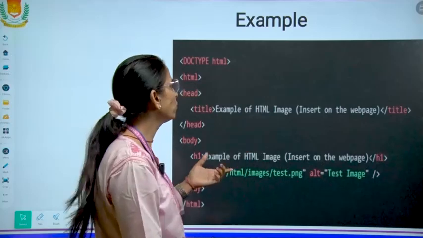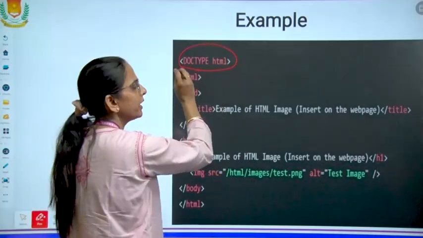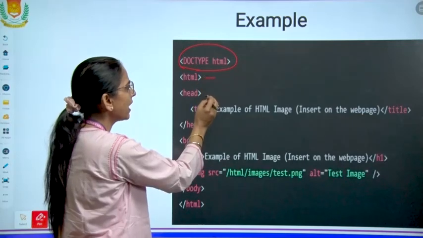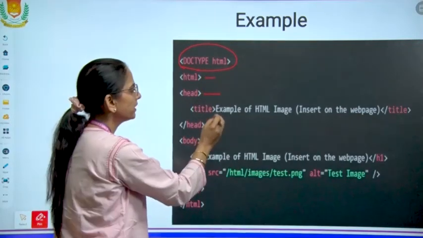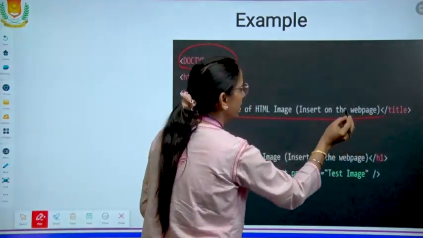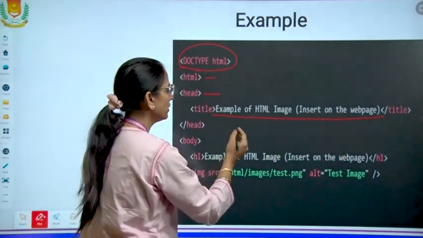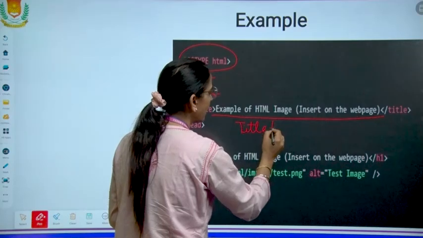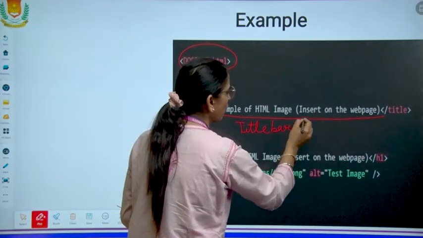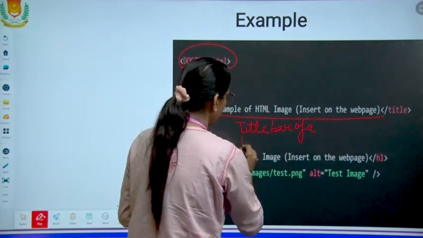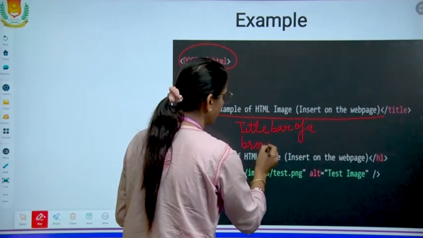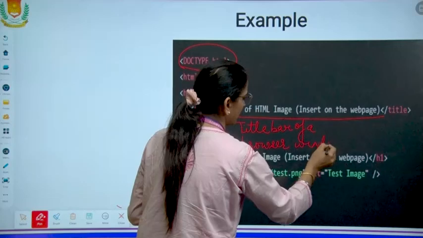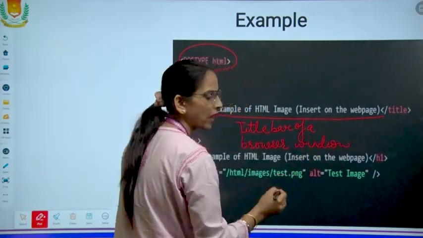First we define the document type, then the HTML tag, head tag, and title. The title will be shown on the title bar of the browser's window.